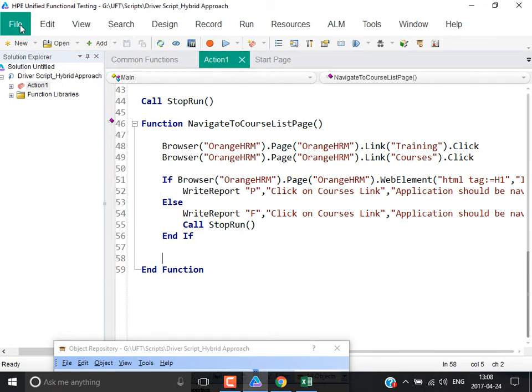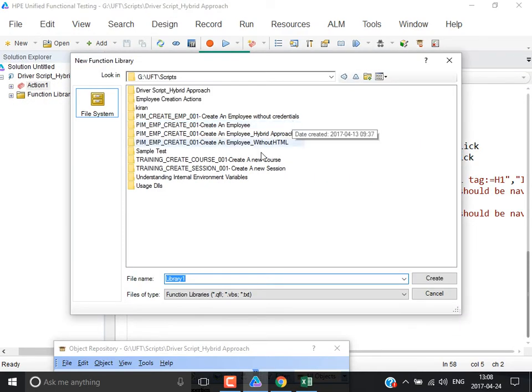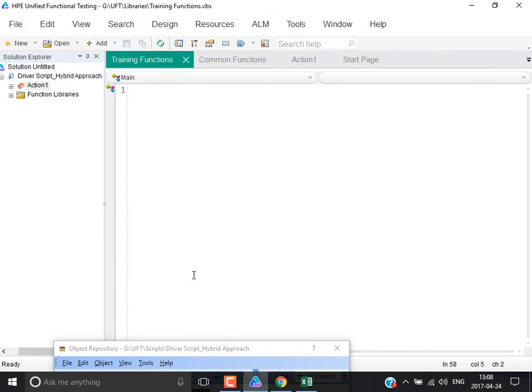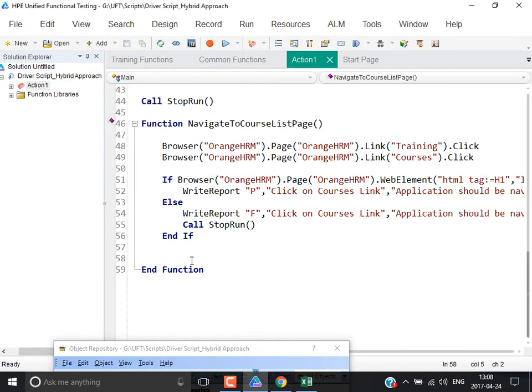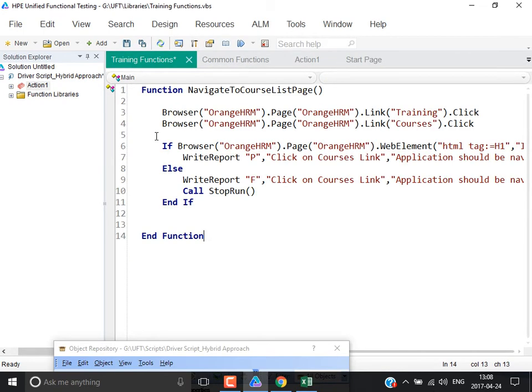You create another library. This time you say new function library. Where are our libraries? This is where you say training functions .vbs. So for one module, one function library that you will be creating, all the functions related to that particular module, you are going to store it. Now next you say